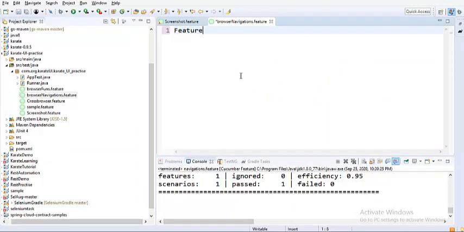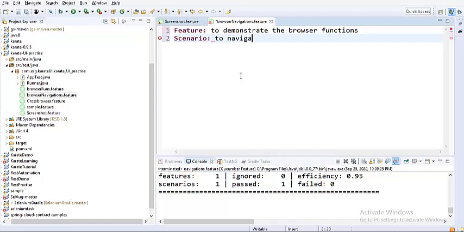So my feature is to demonstrate the browser functions, and the scenario is just to navigate between the pages. Yeah, this is just self-explanatory, so let us not focus on that.